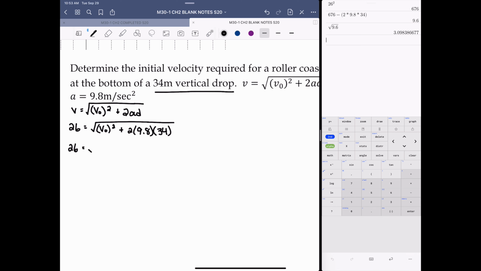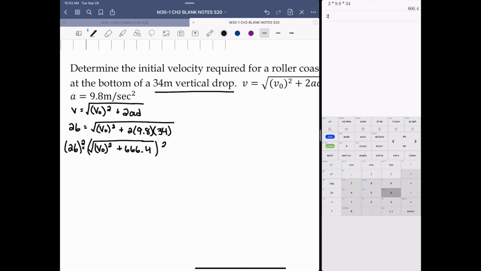Let's calculate 2 times 9.8 times 34, and we get 666.4. We want to get rid of the root, so we're going to square both sides,